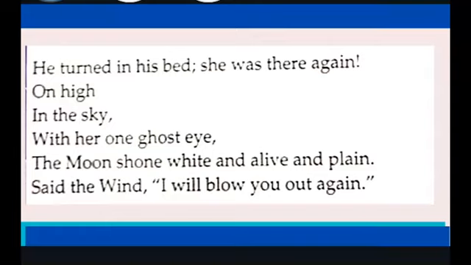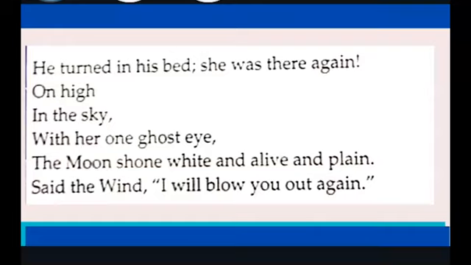Okay, so the wind is very angry, and so the wind is shocked to see the moon back again in the sky, and this time shining white. Okay, so actually you must be knowing, children, the pattern of this moon, how some days it is full moon. So coincidentally this time the moon is a full moon up in the sky. So the wind is annoyed, and so now again he threatens the moon that he will blow the moon out